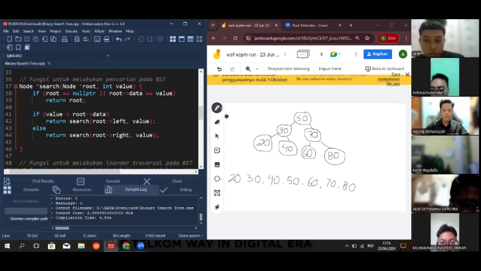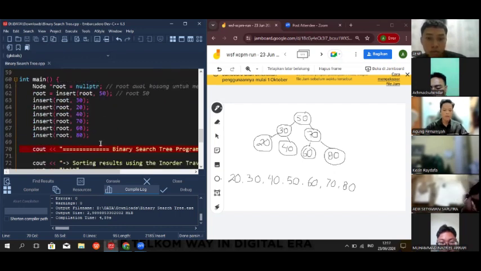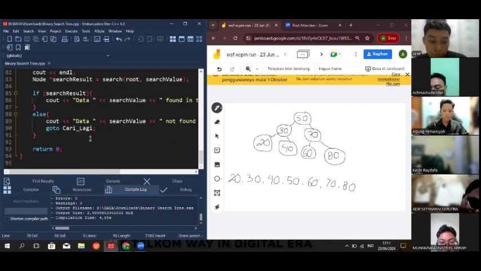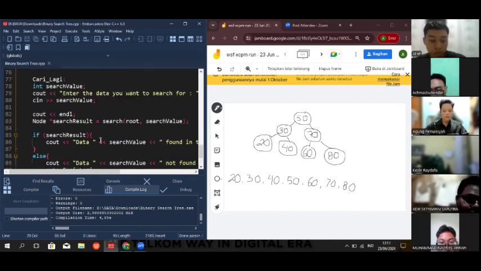Then the root moves to 40 and checks that the root is equal to the value. Then the function returns the value and is checked by if-else conditioning. The result is true. Then the if statement will be run.